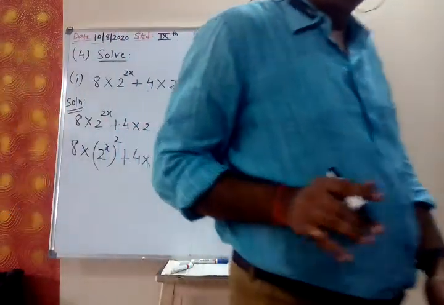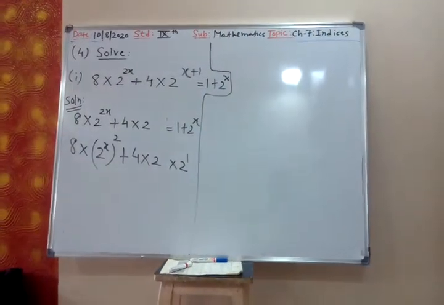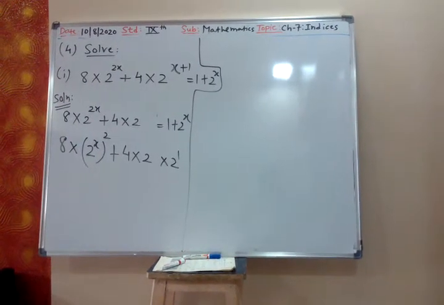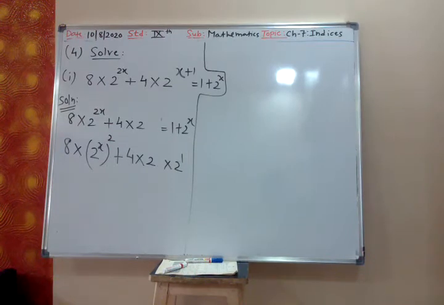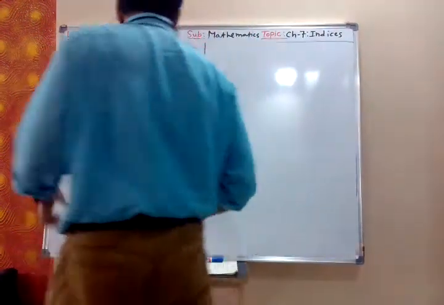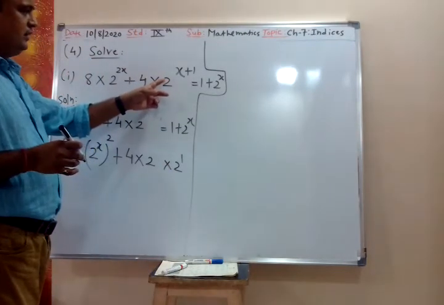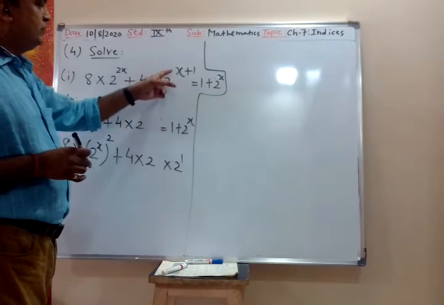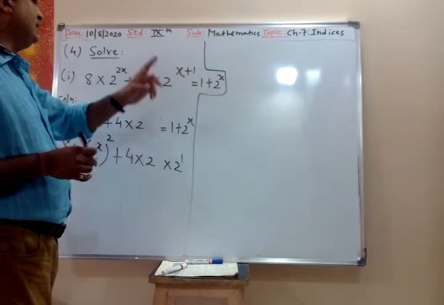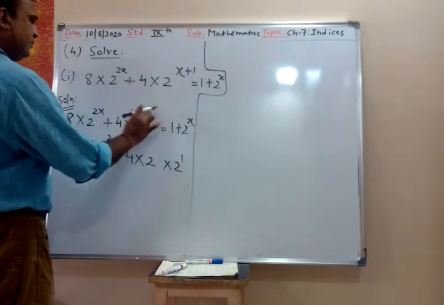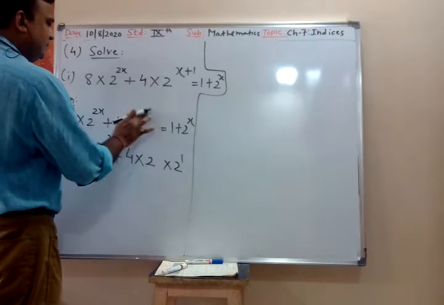Wait, it will come. 1 minute. Now it is clear. It will not be blurred now. Yes. Okay. Now, we have copied the wrong question. In the textbook, it is 2^-x plus 1. We have written this as 2x plus 1. That is why our quadratic was wrong. So this is 2^-x plus 1, 4 into 2^-x plus 1.